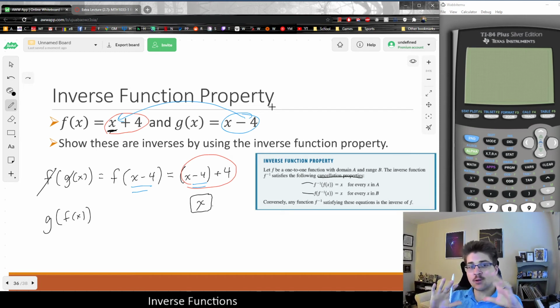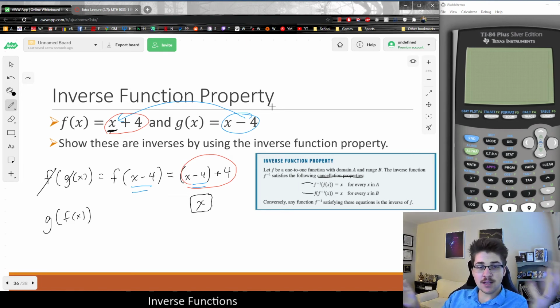Always. That's the benefit of knowing inverses and why they're so important in math in general. And why if you know a function, if you know its inverse, you can solve its equation. It's a very important thing to know. But you have to check both, not just one, because that is first a verification that, okay, the inverse property